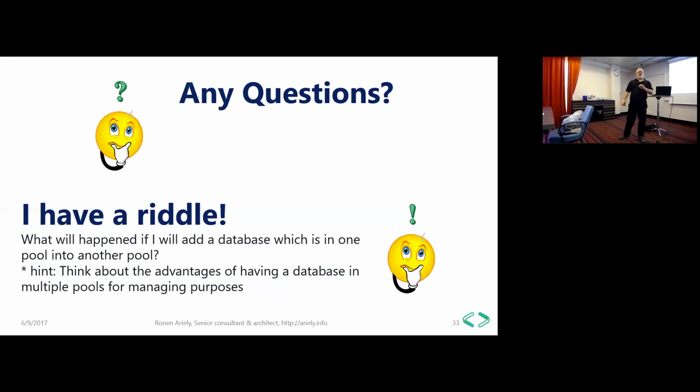This means that you don't like money. Think about it. The pool is the way that we pay Microsoft. We say that this is a shared resource. If the database is going to be in this pool and in this pool, we will pay twice for the activity? So no, this doesn't make sense, because the pool is the way that we pay for the activity. We stay with option 1, move, or option 3, error.